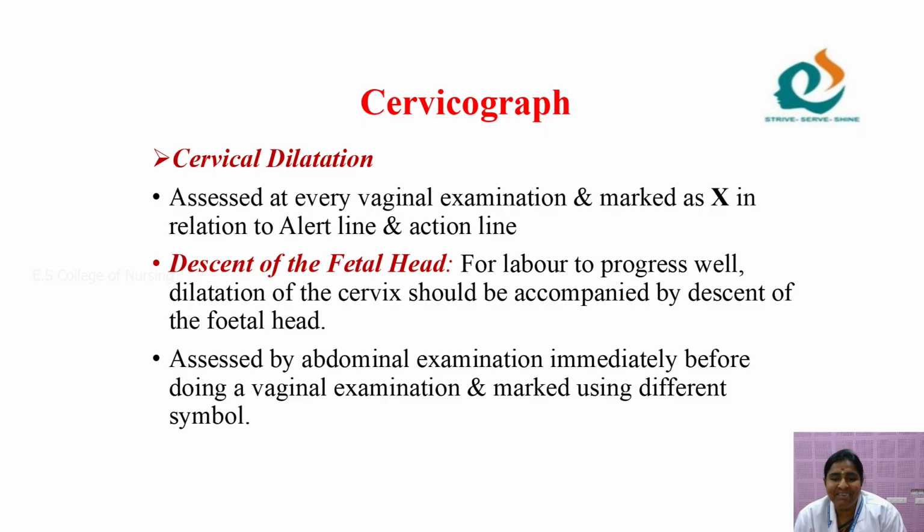That has been assessed earlier itself when you start to plot the descent of the fetal head in the partograph. So that has been assessed by abdominal examination, that is immediately after doing the vaginal examination, we can do the 5/5 formula and you can assess the fetal descent through abdominal examination. And also descent of the fetal head has been assessed through the station of the fetal head, that is at the level of the ischial spine is 0 station, above the ischial spine is the minus station, below the ischial spine is the plus station, that is progress of labor is good if it is below the plus station.